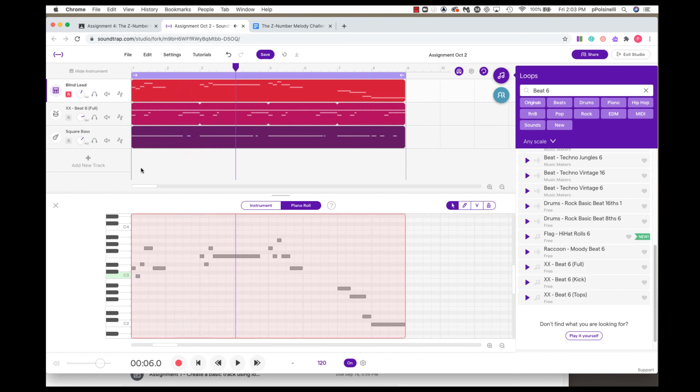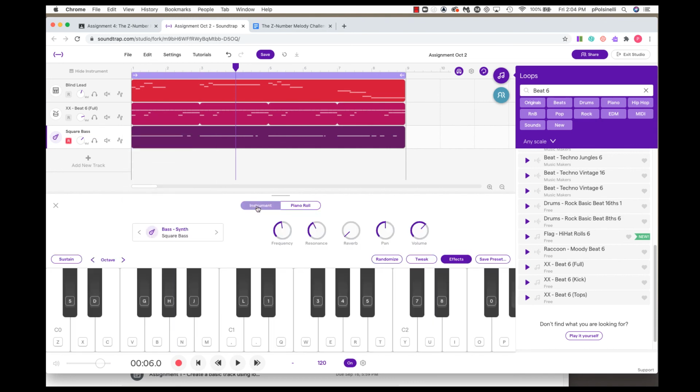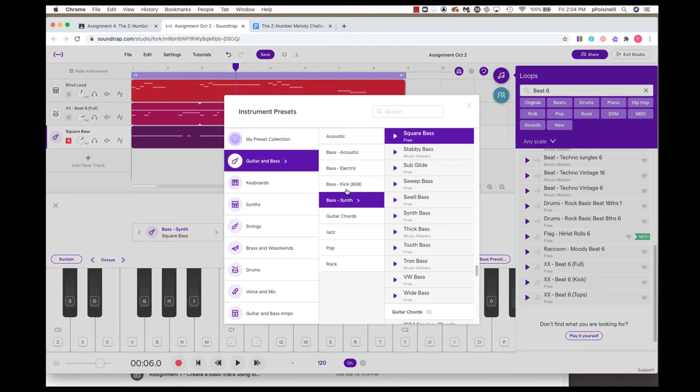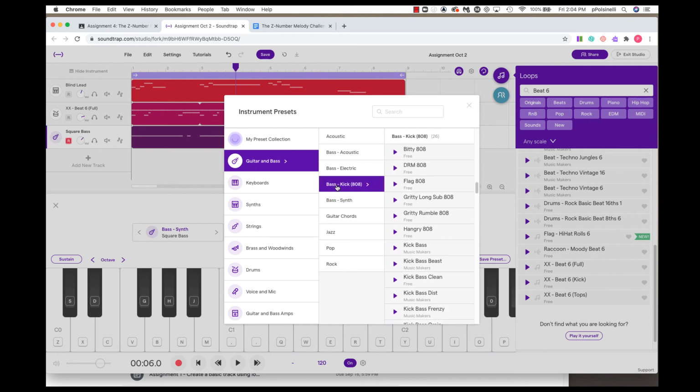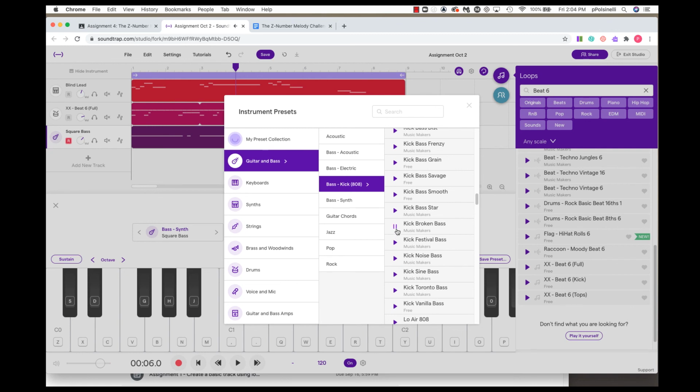And there's only one thing I wanted to show you before we get done. If you're looking for that bass sound, back to the bass sound, okay? If you're looking for that sort of trappy kind of 808 thing, if you go to the bass synth, actually, this one, bass kick, you get those. There's a whole set of them, all different types of sounds. So if you're looking for that kind of sound,